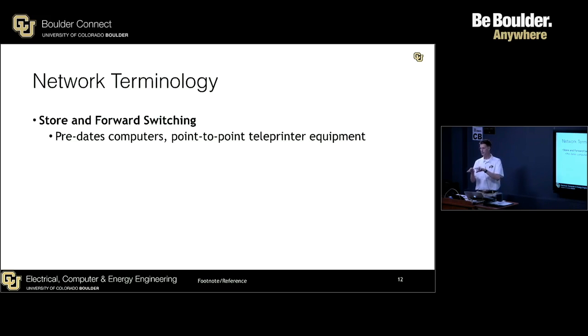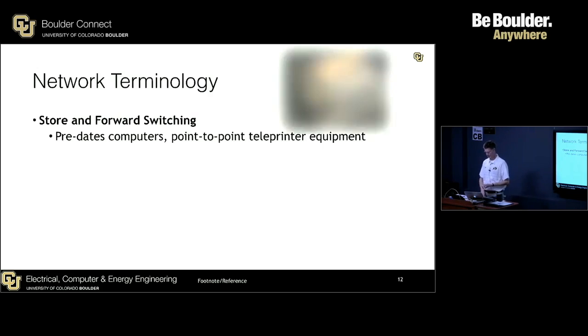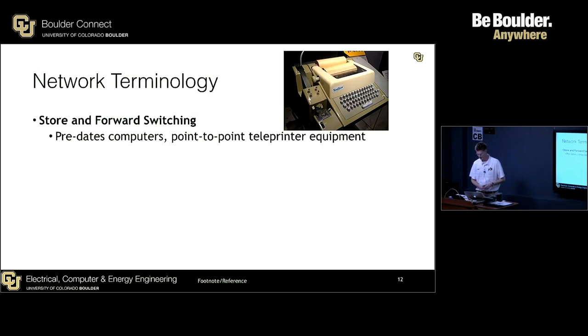would type a message into a teleprinter equipment and it would be transmitted across some wires to a receiver where it would be printed out, and at the receiving station a human being would read it and see where it was intended to go and go over to a specific console and type the message and send it on its way. I think I have a picture of the old teleprinter machines here. So